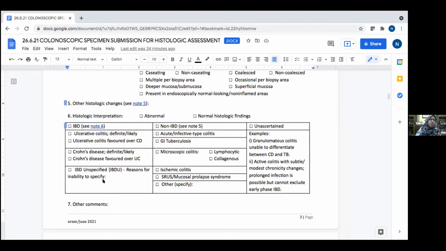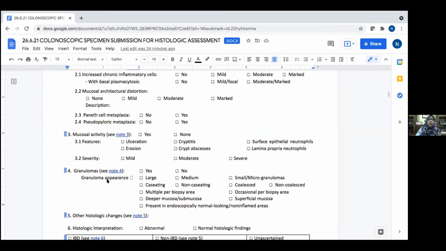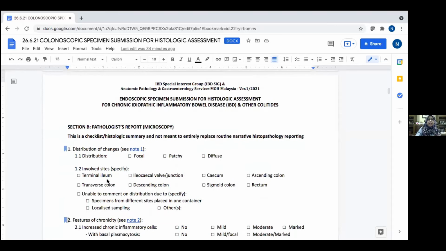Or if you're not able to do so, but you think it is IBD, but it's hard to tell whether it's UC or CD, you're not able to decide at all, then you may call it IBDU for a temporary diagnosis, until you have more information, or maybe sometimes the sampling is not adequate, and until you have proper sampling done, then the case may be classified as IBDU at that point. Okay, so now we go to the details of the